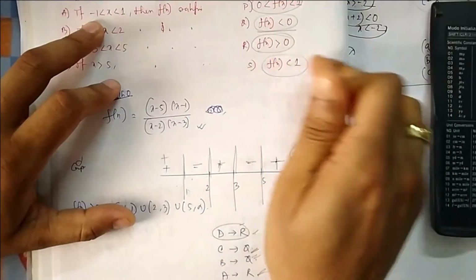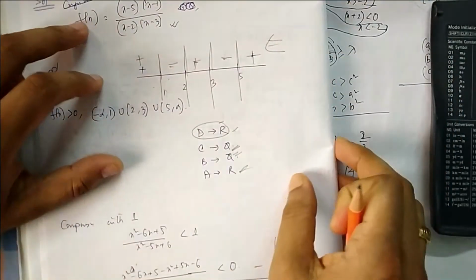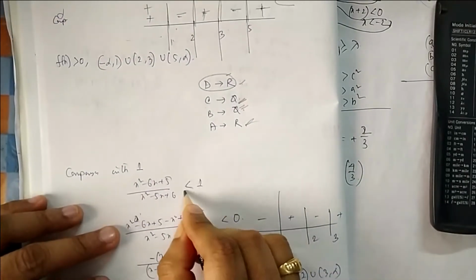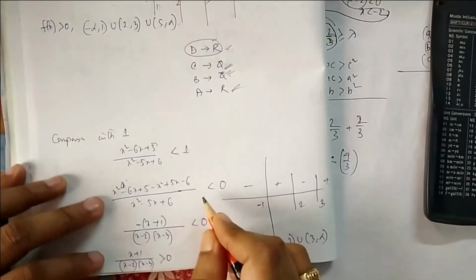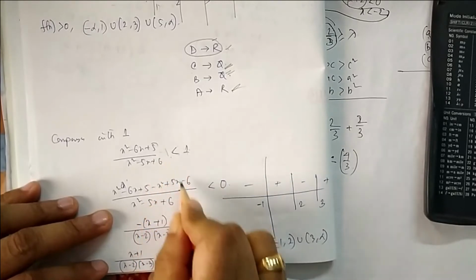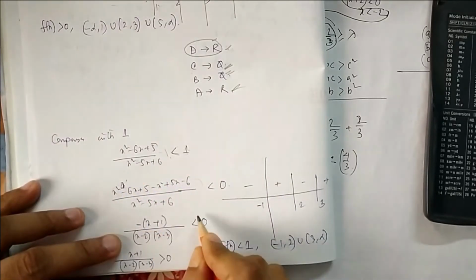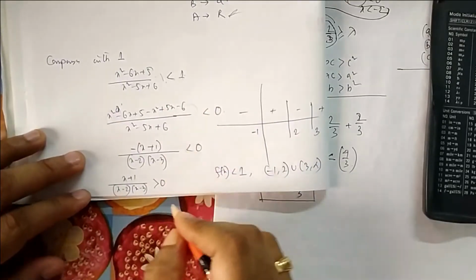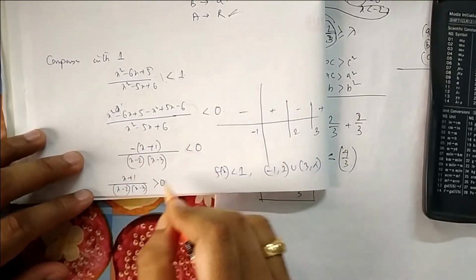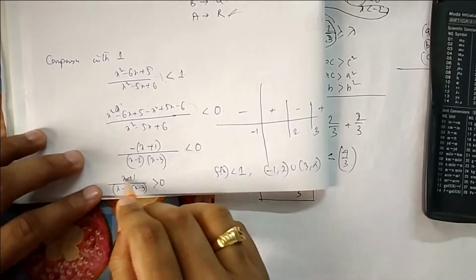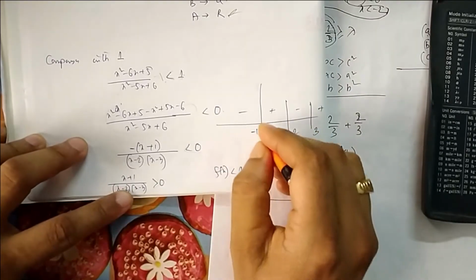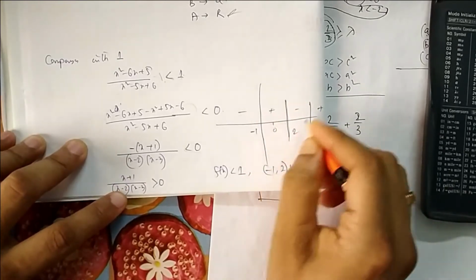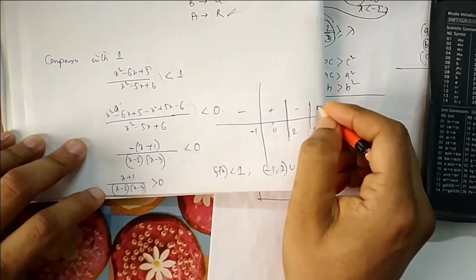So this much is done. Now next is to find when it is less than 1. Now let me take when it is less than 1. So this expression is less than 1. Okay, so you take 1 to that side, then you take LCM. If you take LCM, it will be like this. So it should be less than 0. Okay, now this expression is less than 0. If you remove this minus, it should be greater than 0. Now again I will put poles. Where will I put poles now? x equal to minus 1, 1, 0 is here, x equal to 2, x equal to 3. Again it is a standard format, I will go this way.